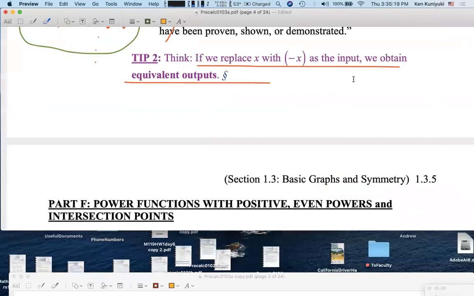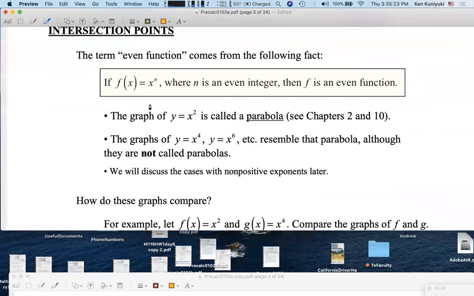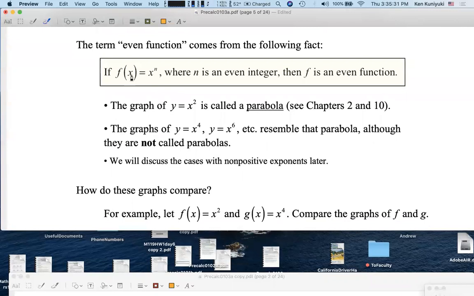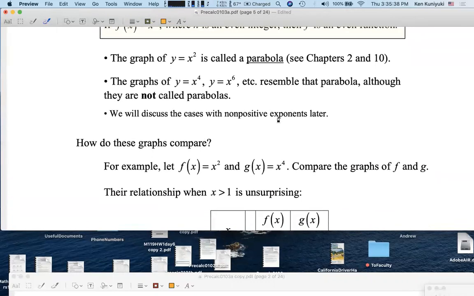So it's not surprising, for example, that, by the way, we're considering f of x equals x to the n, where n is an even positive integer for now, right? Although this is going to be even where n is any even integer. F would be an even function, all right? But going to these guys here,